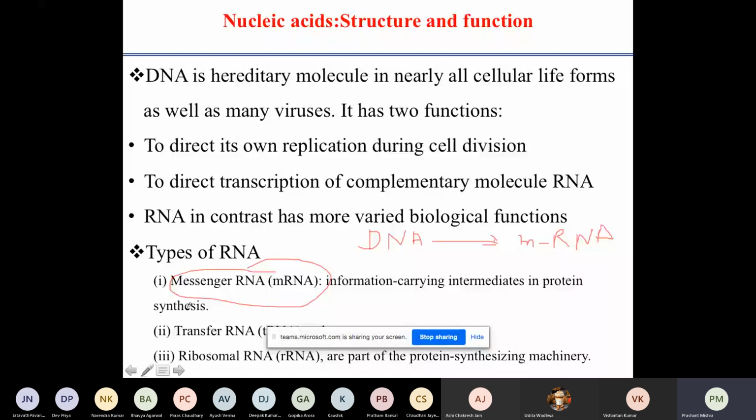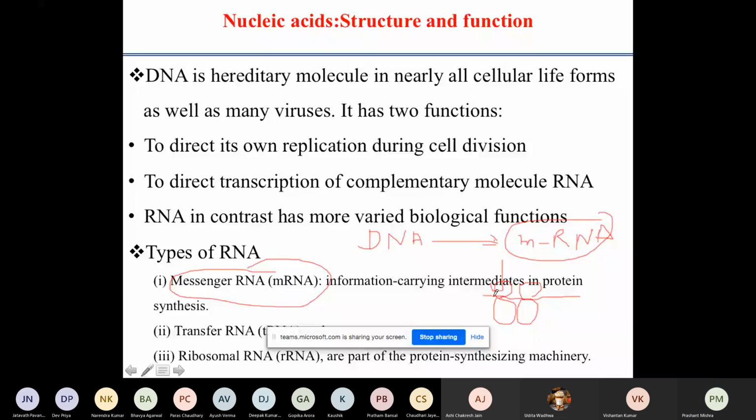Now, coming to another type of RNA, which is transfer RNA. This transfer RNA carries the message as well as the amino acid. When protein synthesis occurs, where amino acids have to assemble to form a protein structure, this will happen on the surface of mRNA. So you have mRNA, and suppose I have a point where the assembly occurs. So you have ribosomes. On this ribosomal structure, you have mRNA, and at this mRNA, your tRNA will come, and